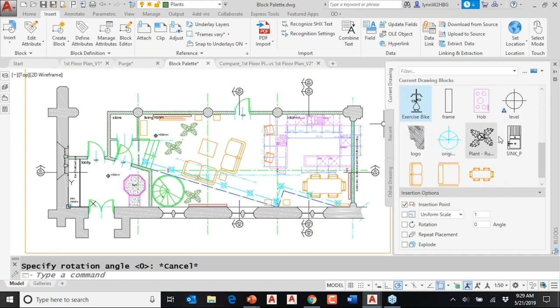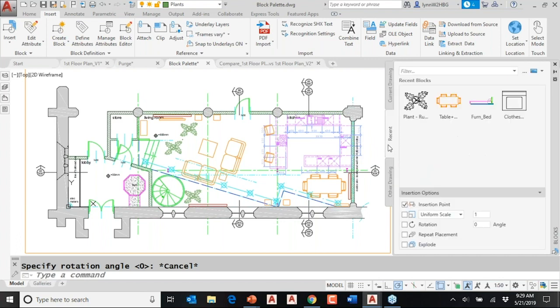So what else have I got? That's the current drawing. And I also have, recently, any blocks I recently used show up on this palette. So it's really easy for you to find them again, which I think is great. And incidentally, for any one of